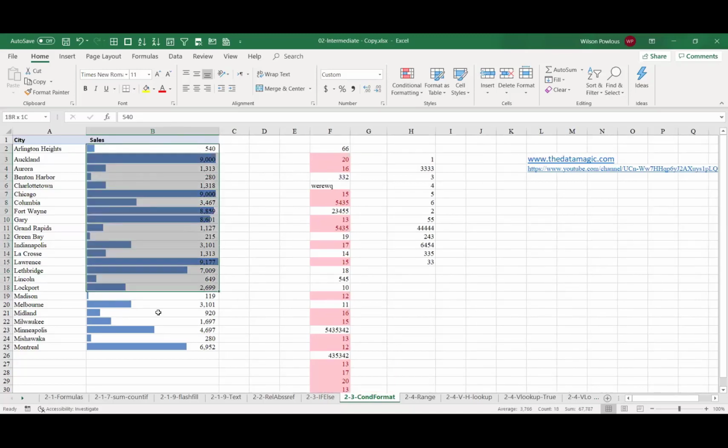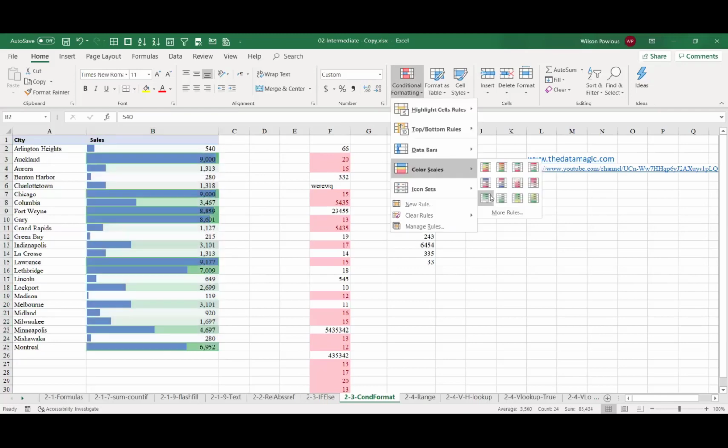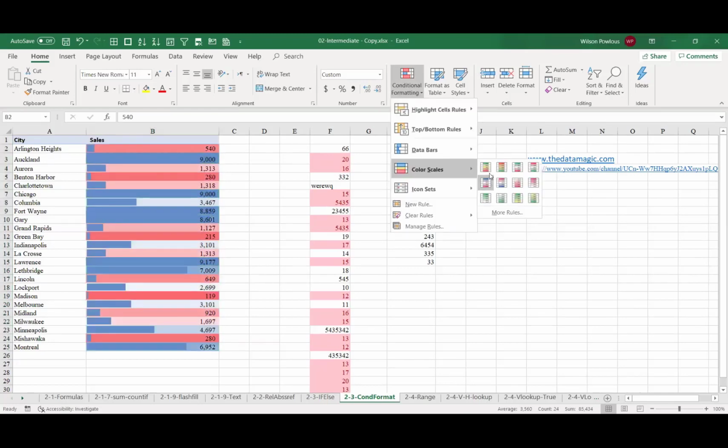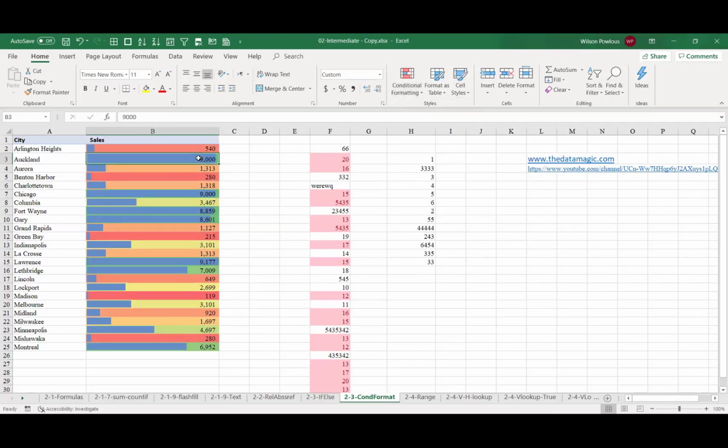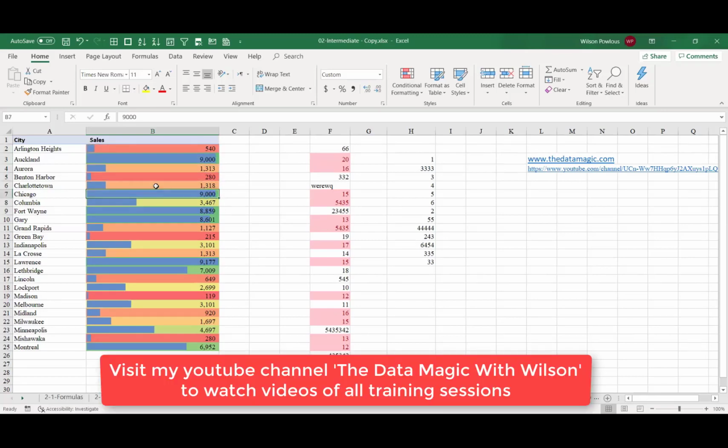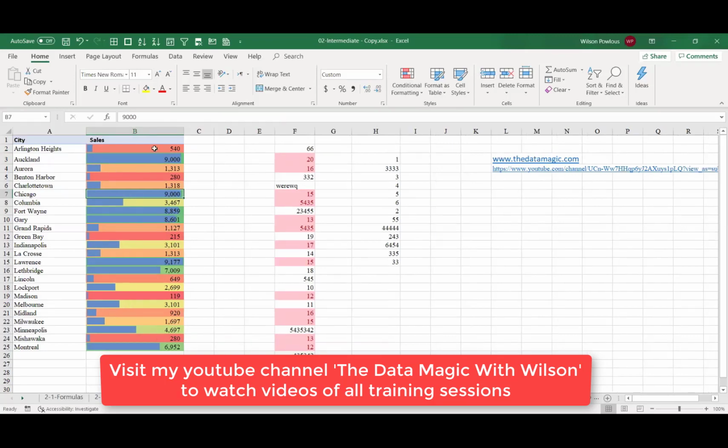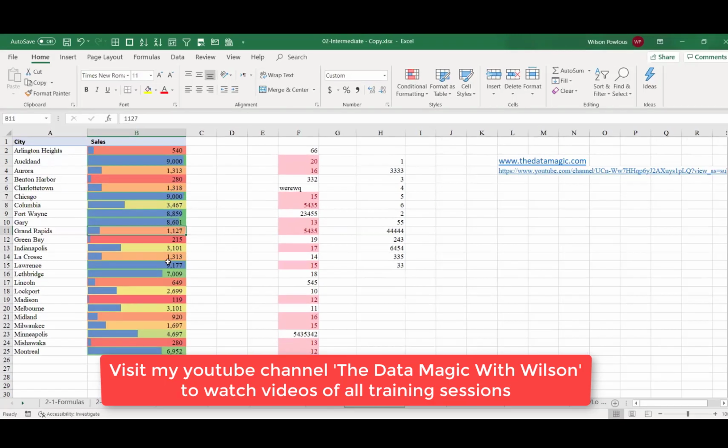Or you have different styles, maybe the color scale is there, so you can set it to this. So whichever is very high value, it is in blue. If you look at here, this is in blue, this is in blue, this is yellow, and this is in dark red. The lowest value is in dark red, this is in red, and this is in pale red or whatever. So this is how you can make out which city is making more sale, which one is making lesser sale.